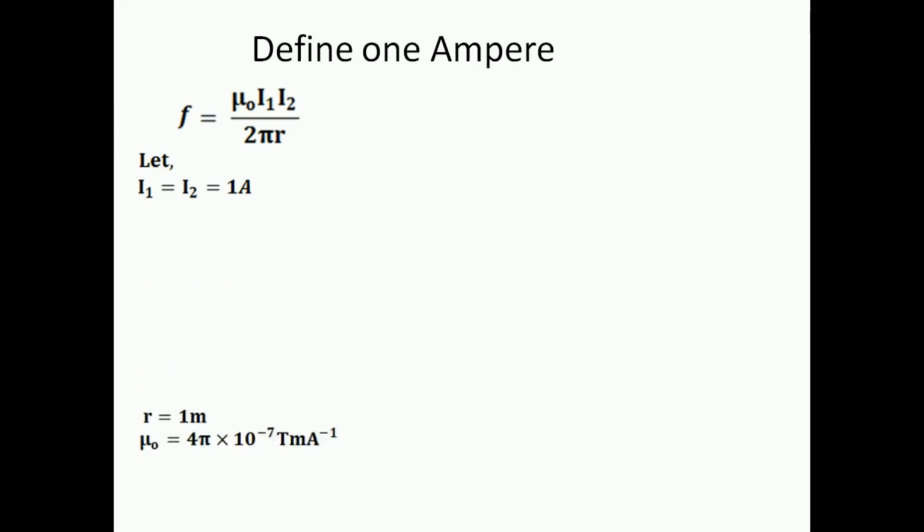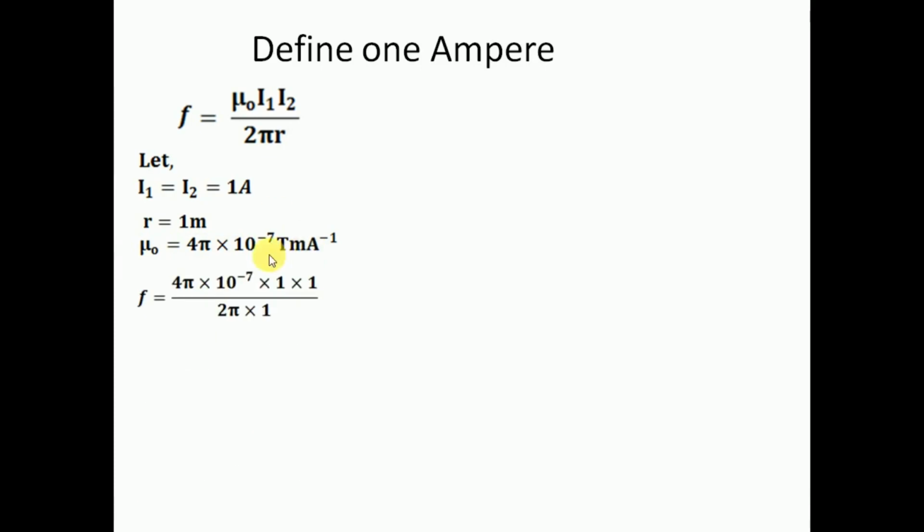So now let's define 1 ampere using the expression of force, that is mu naught I1 I2 by 2 pi r. If you take I1 equal to I2 equal to 1 ampere, and you take the distance between the conductors to be 1 meter, then we know the value of mu naught is 4 pi into 10 to the power minus 7 Tesla meter per ampere. Tesla is the unit of magnetic field. Now if you put in the values, you will get force equal to 2 into 10 to the power minus